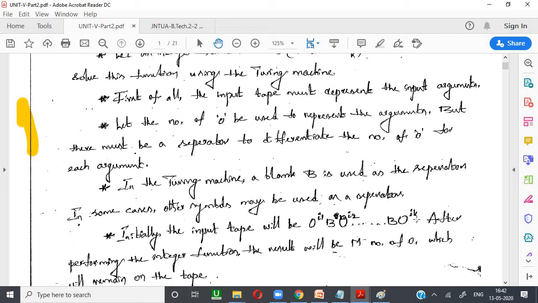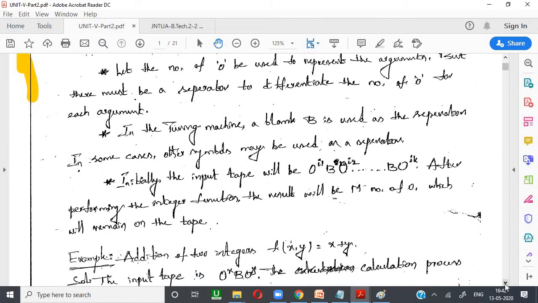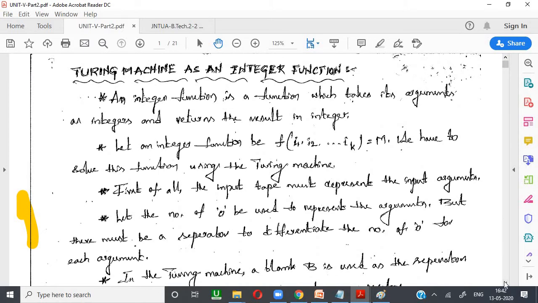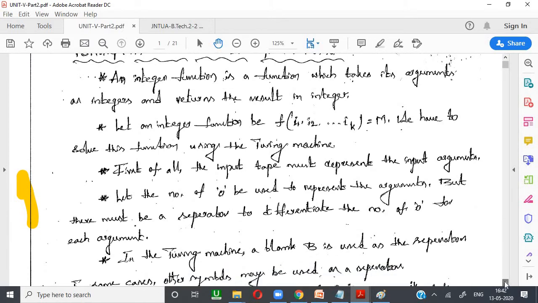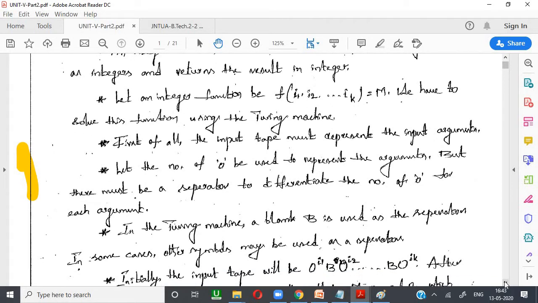After performing the integer function, the result will be returned as an integer, so we get the result on the tape. This is about Turing machine as an integer function. If you want to go with integer operations like division or subtraction, we can use a Turing machine.